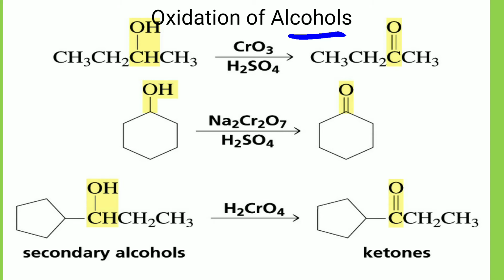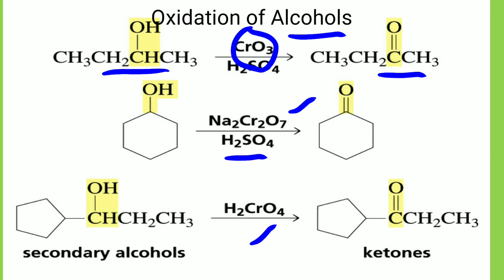Here you can see in this oxidizing reagent we use chromate, that is CrO3, which contains oxygen, in presence of H2SO4. Here this is sodium chromate and this is hydrogen chromate. All these are chromate compounds. This chromate compound is mostly useful for the conversion of alcohol to ketone or aldehyde. If a primary alcohol is present, then on using the oxidizing agent CrO3, H2SO4, it gets converted to the aldehyde. And if we use a secondary alcohol, this is the secondary alcohol.